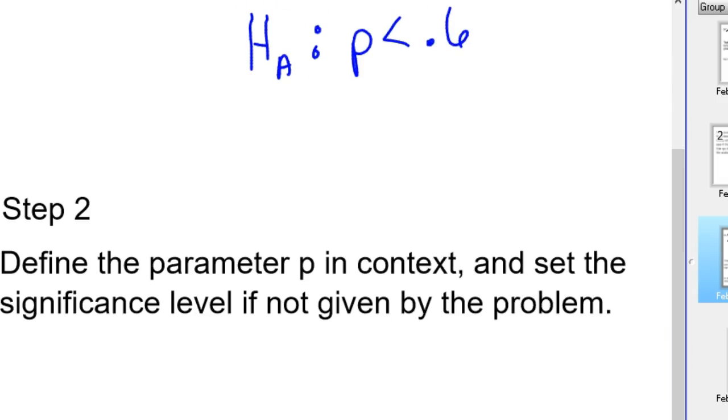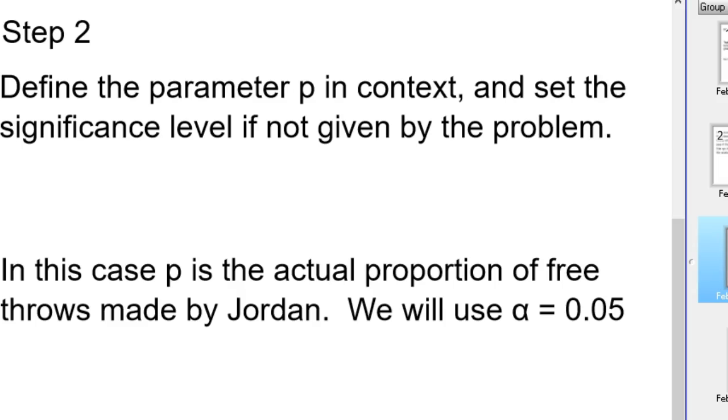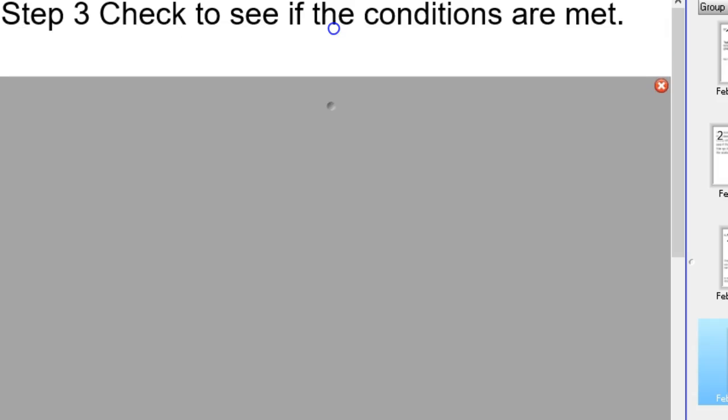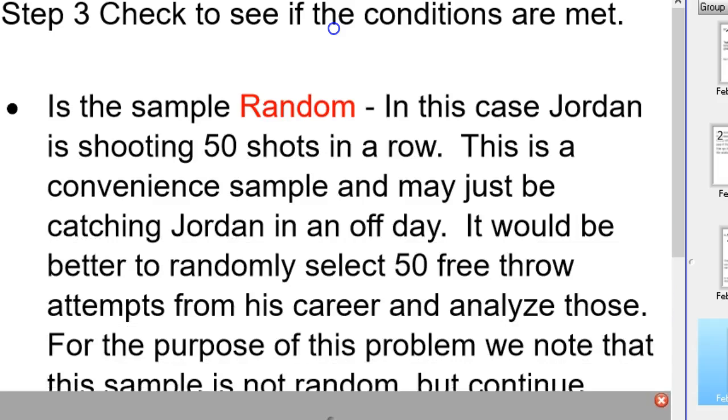Step two, we'll define the parameter P in context and set the significance level if it's not given by the problem. Most of the time, if you're in a stats class, this is given by the problem. So in this case, P is the actual proportion of free throws made by Jordan, and we will use an alpha level of 0.05. All right, next step. Step 3, we're going to check to see if the conditions are met. So the first condition you want to check for